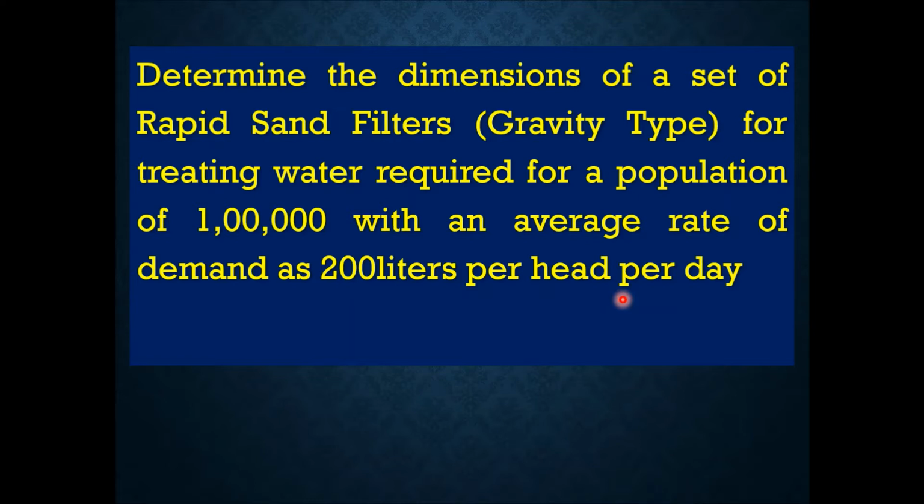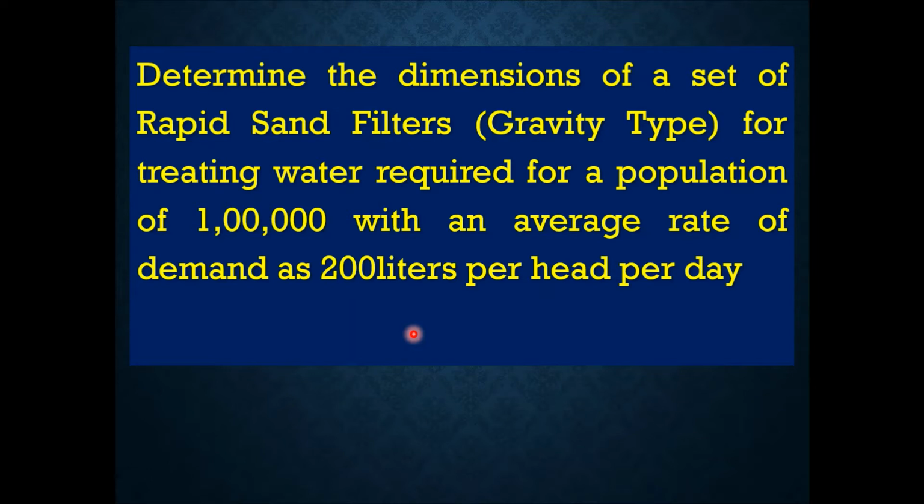It means we have to design the rapid sand filter. They have directly mentioned that you have to design the rapid sand filter, but which type? Gravity type. Based on the driving force, there are two types of filter we have seen, gravity type and pressure type. In this case we have to design the gravity type, and most of the questions asked in Mumbai University are based on the gravity type, because pressure type filter design is quite complicated. Various things we have to assume, but this design is very simple, very easy. After seeing the example, you will know why I am saying that it is very simple. You will understand at the end.